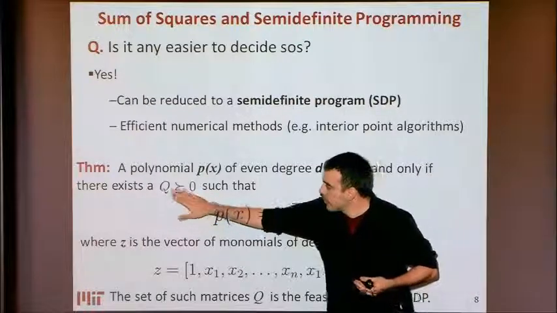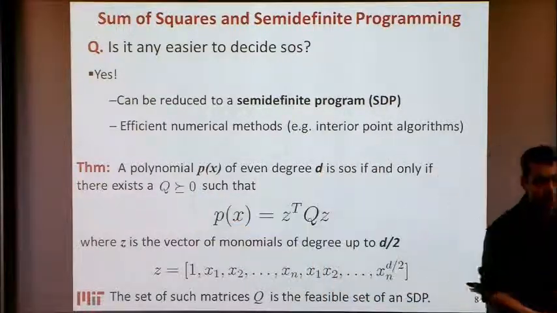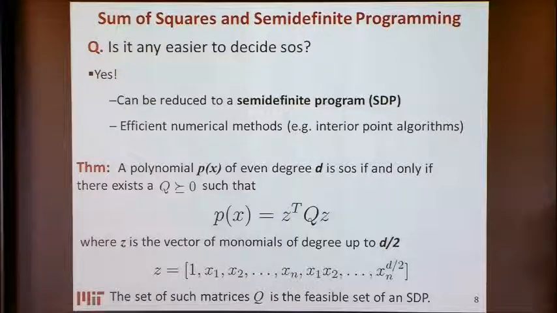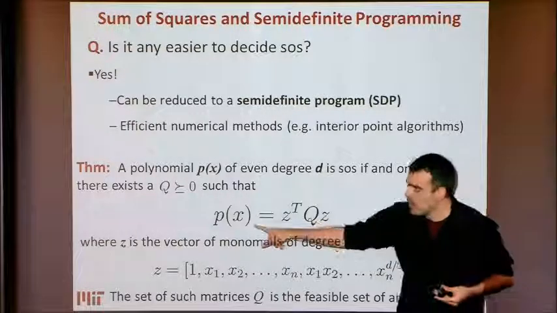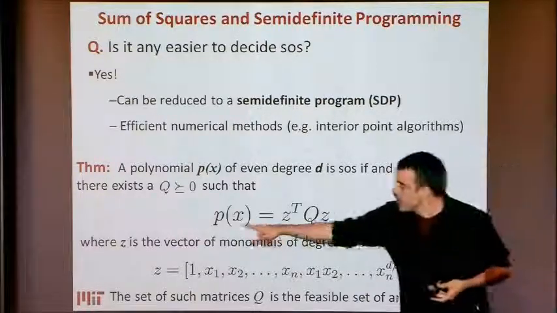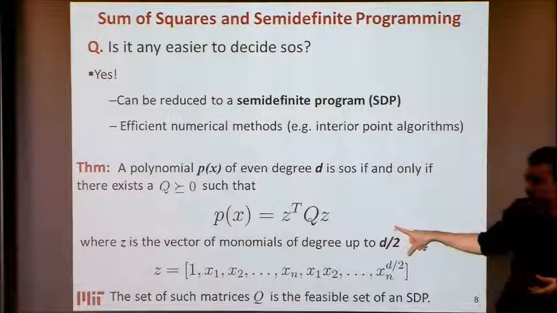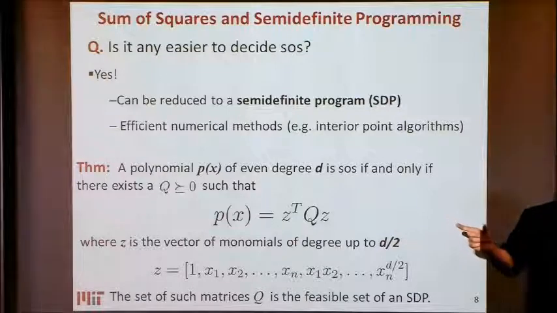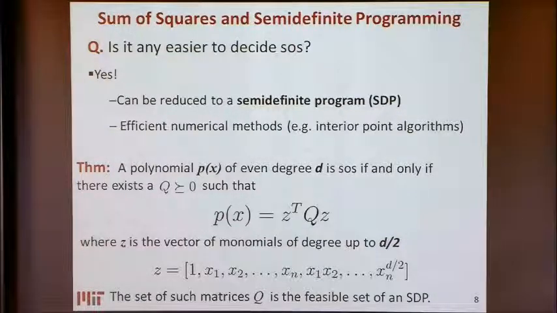Or it's a semi-definite problem. What do we have in here? Q has to be positive semi-definite. Q lives in my cone. What is this, really? Imagine expanding this expression. What I have in here is a polynomial. What I have in here is another polynomial. If I want these two things to be the same, I will just match coefficients.